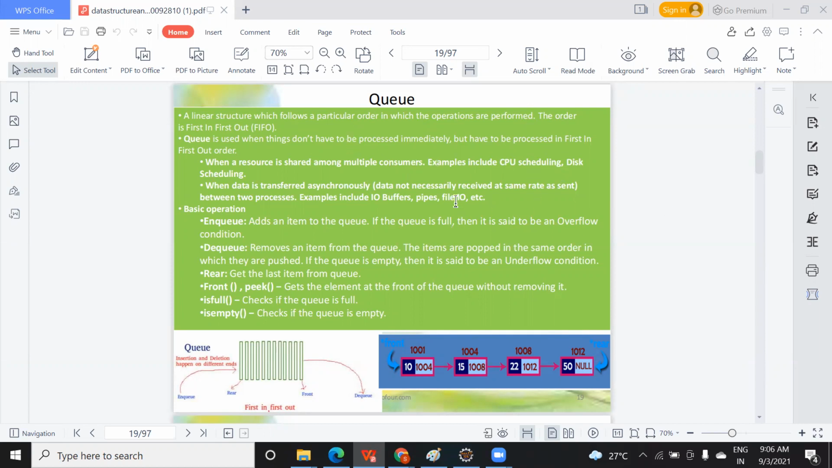Here, the queue is one data structure. We are going to save the elements in the form of an array, but the flow of accessing the elements follows the queue concept. Queues are used in real-time examples, like CPU scheduling and disk scheduling,